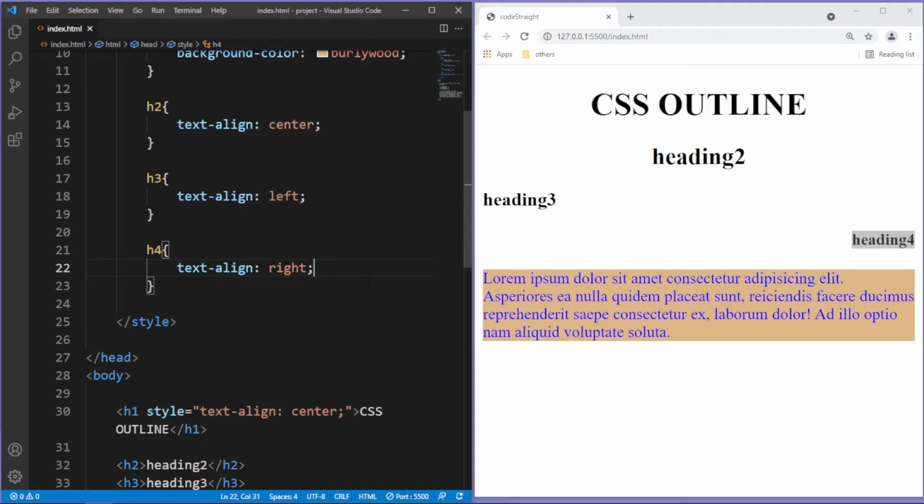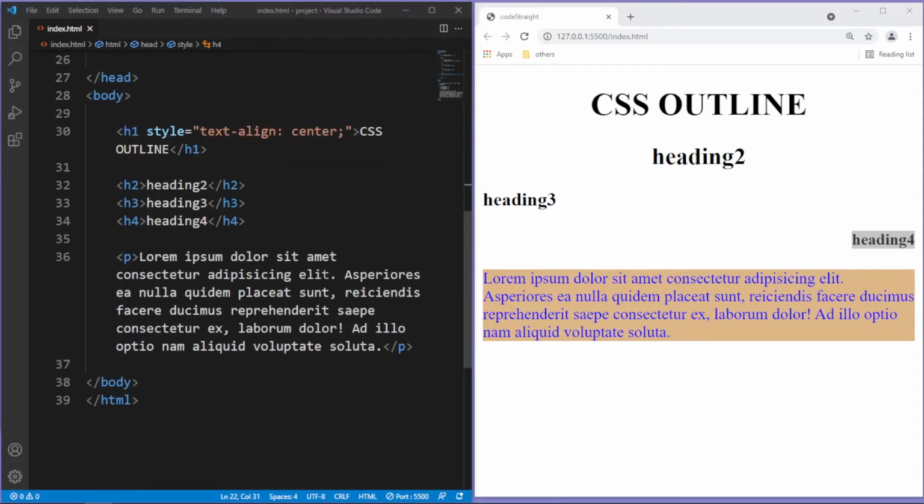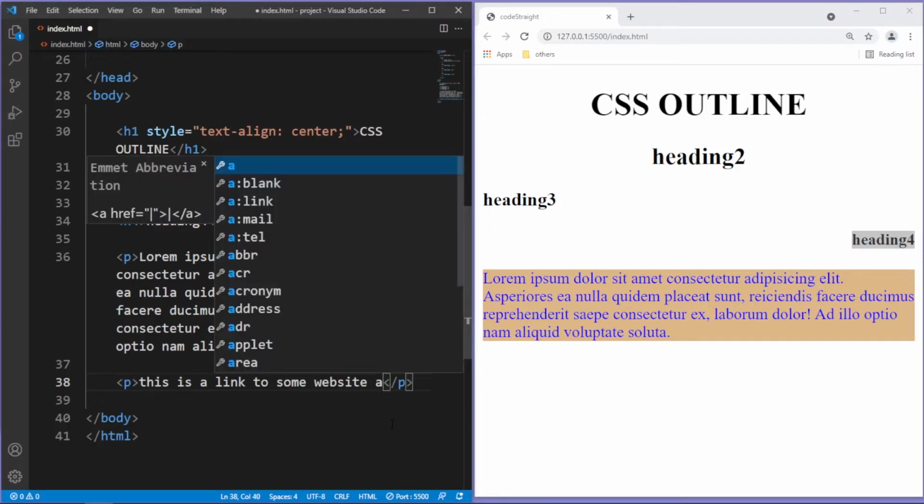Now let's discuss a little bit about text decoration. The text decoration property is used to set or remove decorations from text. And for the demonstration, I'm gonna add in here another paragraph tag, and this is a link to some website. And here I'm gonna give another tag, say anchor tag,